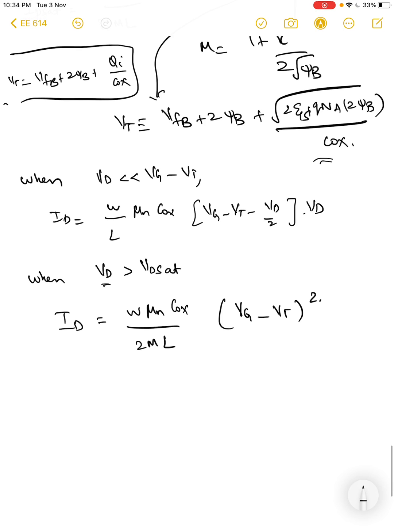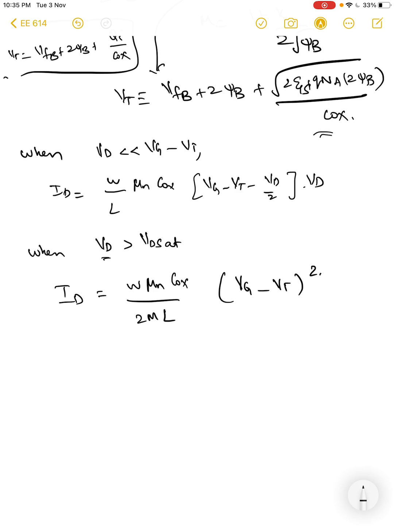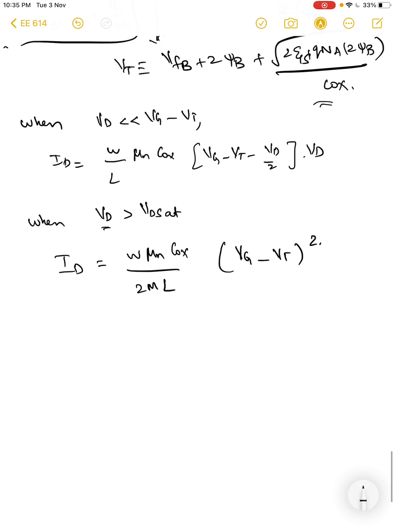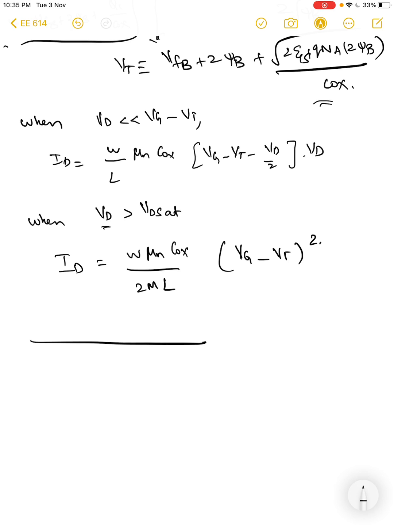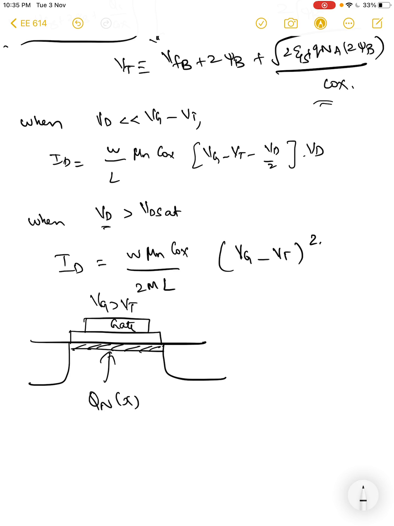So let's say we have our oxide, the gate metal, we have a source and drain. If Vg is greater than Vt, we have this Qn of x, which we saw, right? And this is drain and source. Now if the drain voltage is small enough, such that Vd is smaller than Vg minus Vt as we defined before, then we will have